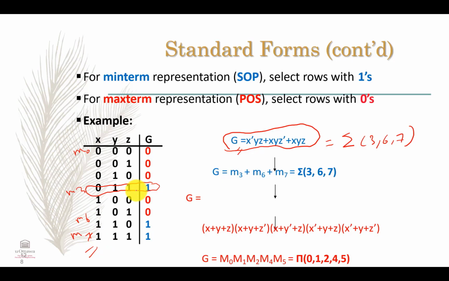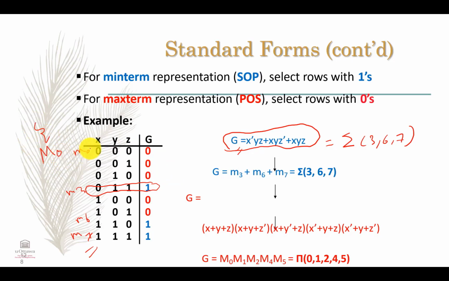When it comes to the max term, we will do the opposite. We will follow the negative logic. We will check the truth table wherever the function is equal to 0, and then write the max terms, and then we will multiply them with each other. So the function g is equal to 0 at the max term 0, where m0,